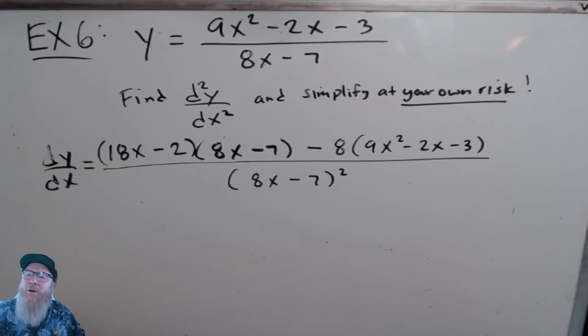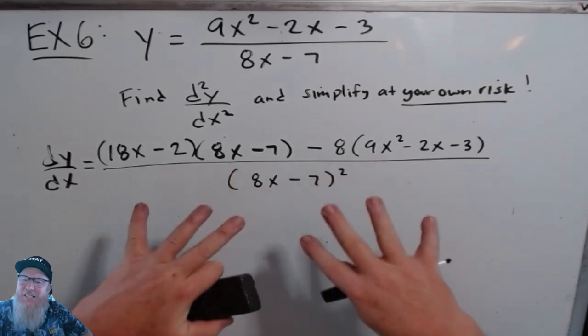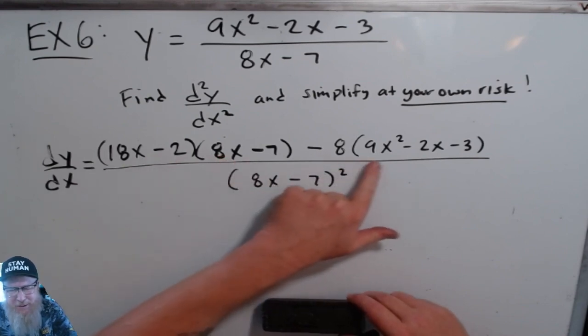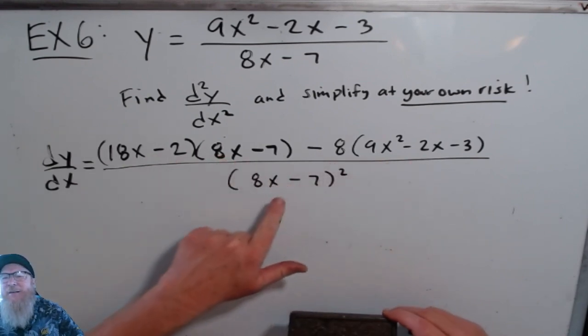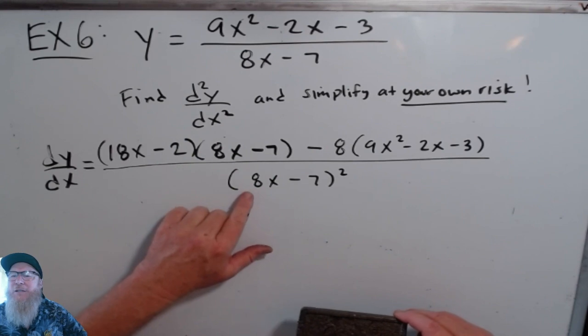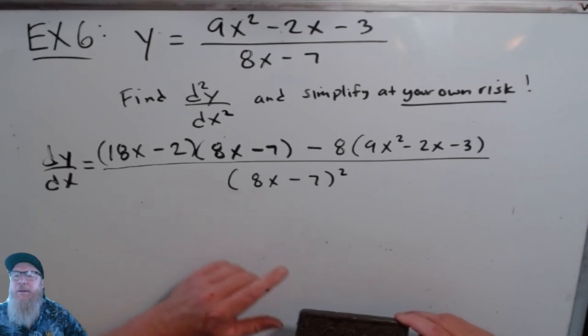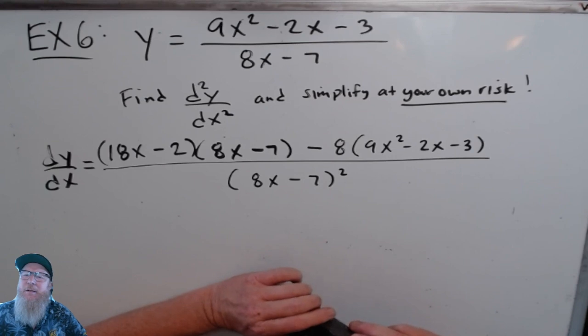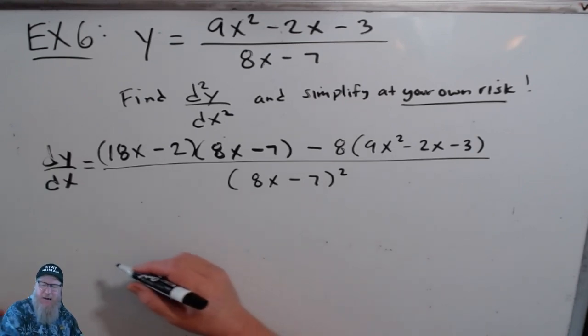But the other risk of leaving it untouched is it's so messy. Look at this. You got a product rule, you got a constant, you've got a quotient rule, you've got a chain rule, right? So this gets pretty messy. All right, so let's go ahead and do